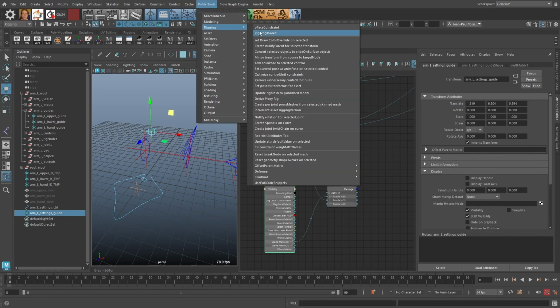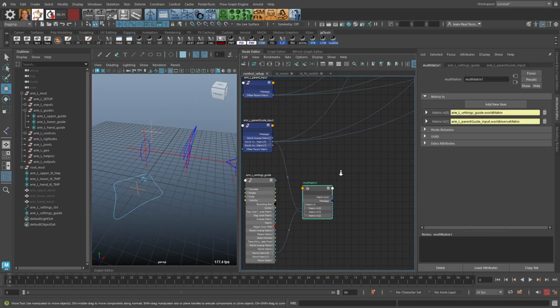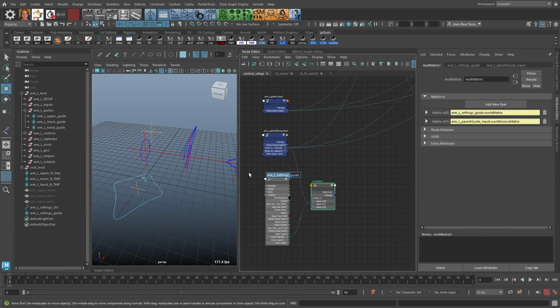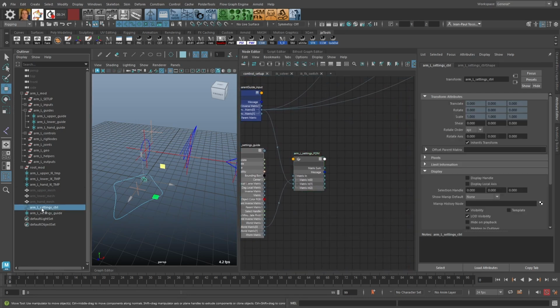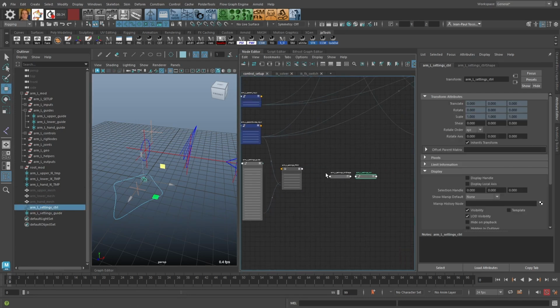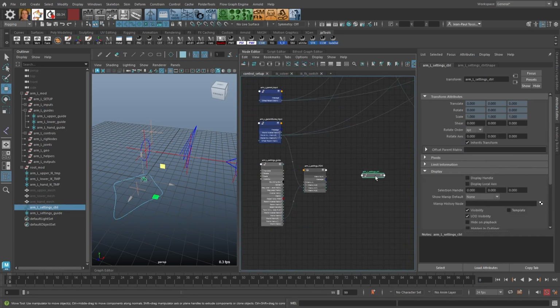Let's fix the color real quickly, like so. So let's call this the guide offset matrix. And then let's get the control, add it in here, and then we have to use